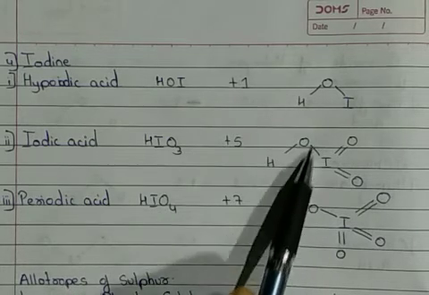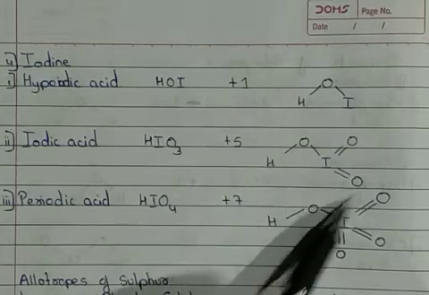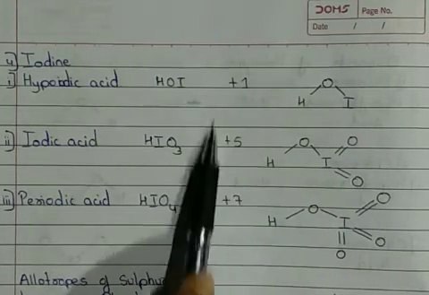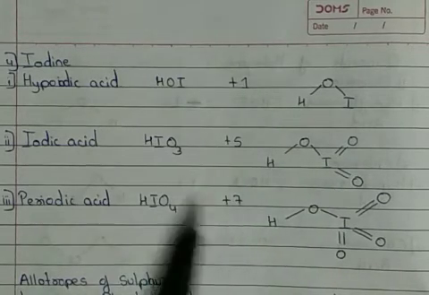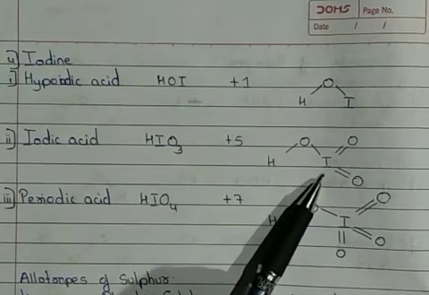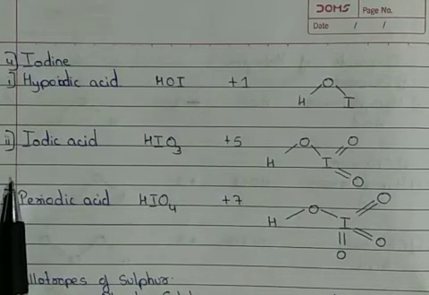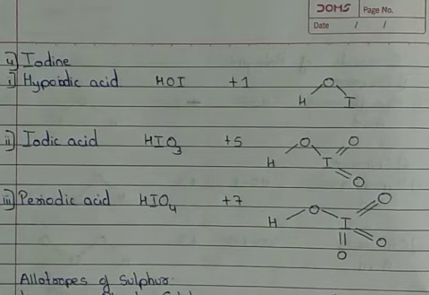Right? So this is what you can understand from the structures. Either you remember the structure and from there you can write down their oxidation state, or you remember the oxidation state and from there you try to write down their structures. In this, fluorine can form only 1 oxo acid, chlorine can form 4 oxo acids, whereas bromine and iodine can form 3 oxo acids.